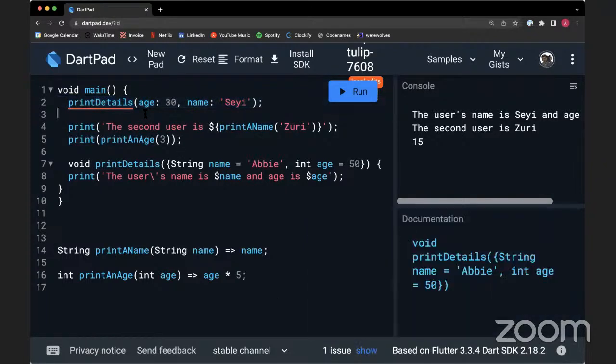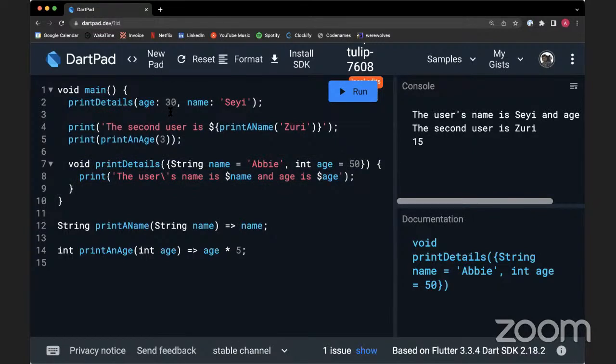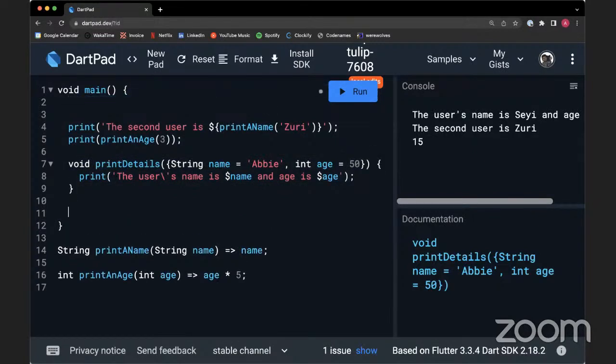Now, this is where we would have the issue that you're talking about, because we declared the function here, then we're calling it all the way here. So if we want that error to go away, then we would have to call the function after it's been declared, and you see that we have no issues. But that's if they're